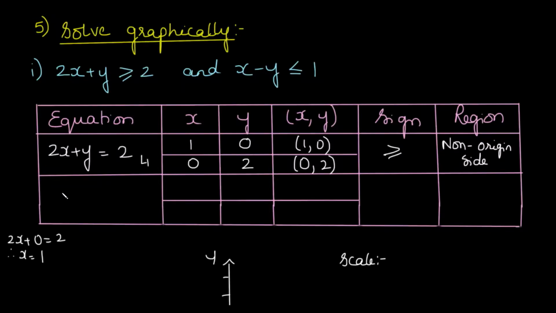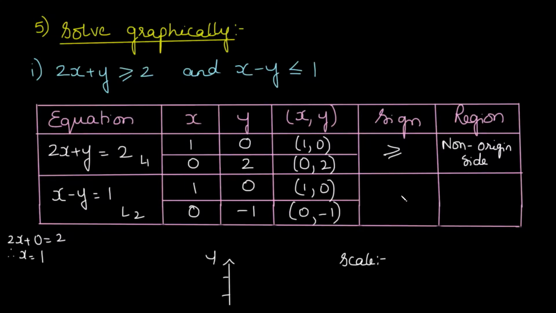Let us take the other line, x minus y. The equation of the line is x minus y is equal to 1 and this is say line L2. Now in this case again, as you can see, the constant term is not 0, so the line does not pass through the origin. So we can just take y as 0 and find the x coordinate. So when y is 0, we get x is equal to 1. And on the other hand, when x is 0, we are going to get minus y is equal to 1, or y is equal to minus 1. So do the math in your mind and see. So here we have (1, 0) and this becomes (0, minus 1).